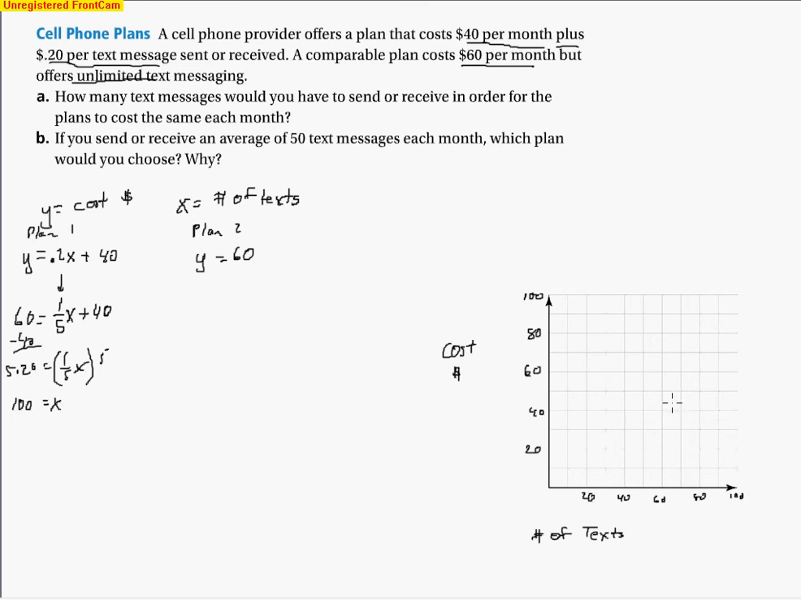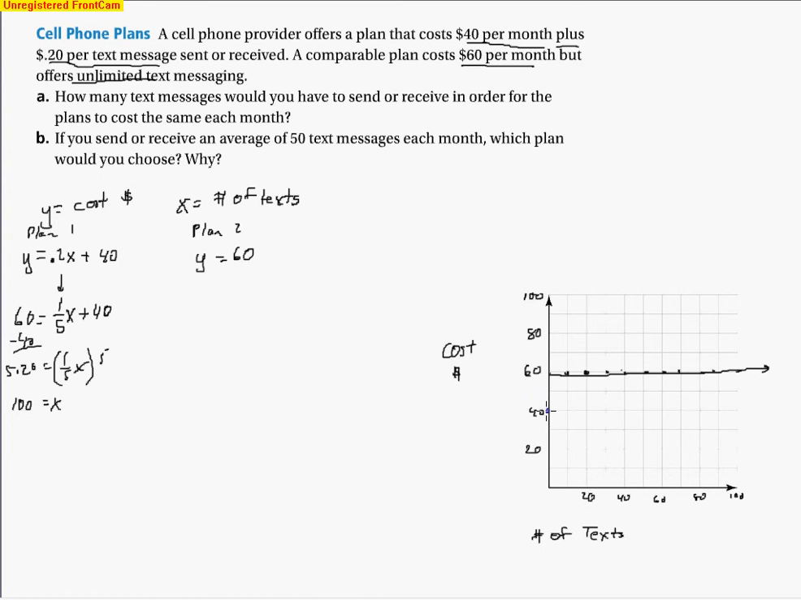And so we'll start off with the first one. Plan number 2 actually is $60 no matter what. So every single time it's just going to be right along this line right here. And then I'll just go ahead and draw it in there, so it's going to be right along that line that they'll end up crossing, because no matter what, plan number 2 is $60. Now let's find out plan number 1. We start off at $40,